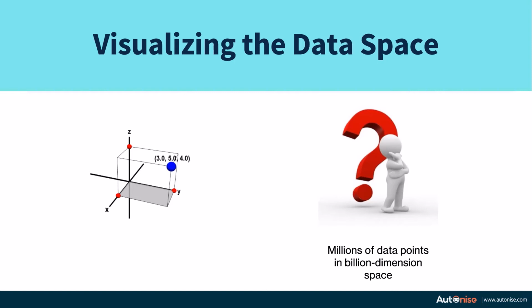Each can take a value between 0 to 1, and the entire data set, 60,000 images, they correspond to some points in the 784 dimension space. So that is what the entire data space is, where each data corresponds to just one point in the data space. Now, this MNIST data set is very small.